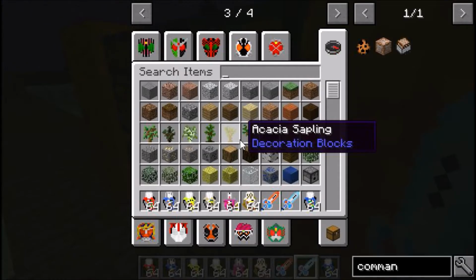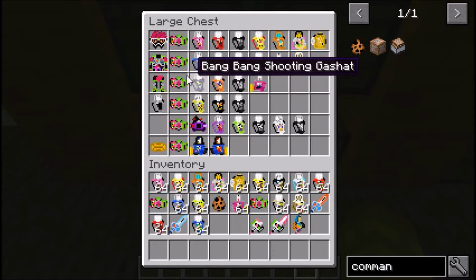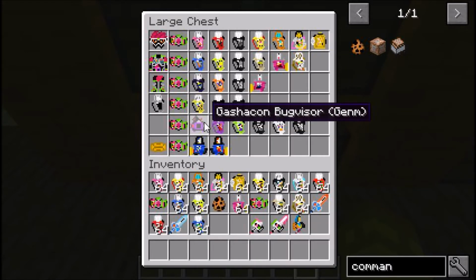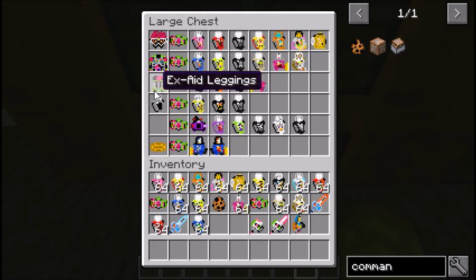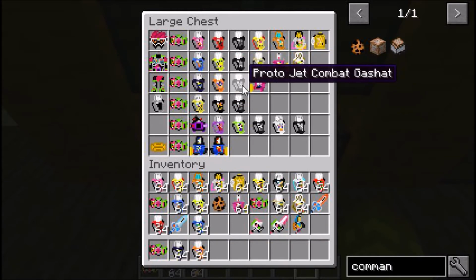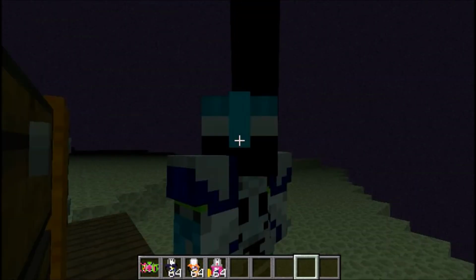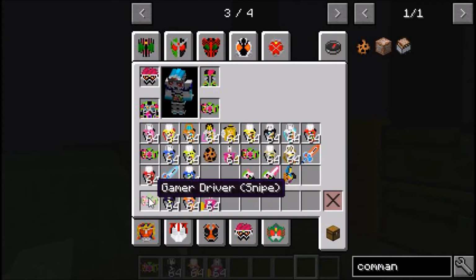But anyway, moving on. Next up, we have Kamen Rider Snipe, who is crafted the same exact way. But we do get the Snipe Gamer Driver, the Bang Bang Shooting, the Jet Combat Gashat, once again saving the proto version for later, and Bang Bang Simulations. So anyway, Henshin